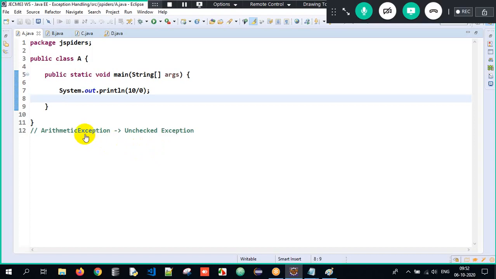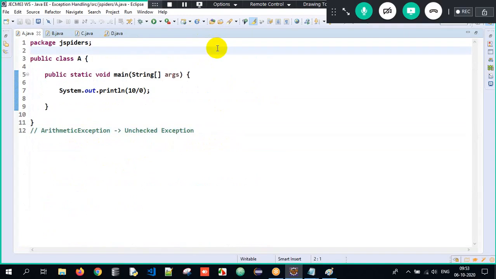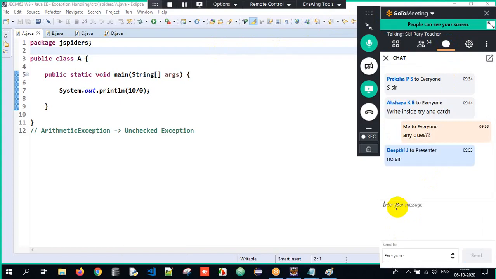Again, go to ArithmeticException, hover and click on it. See here, ArithmeticException is an unchecked exception, so it is inheriting the RuntimeException class. So all the checked exceptions will inherit the Exception class and all the unchecked exceptions will inherit the RuntimeException class. So this is all about checked and unchecked. It's easy, but we just need to digest what is happening. Clear? Do you all have any questions with respect to checked and unchecked? We need to talk about throws also, which I'll be talking about in some time. But as of now, any questions with respect to checked and unchecked?